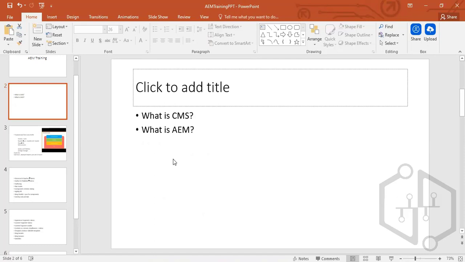There are a whole lot of websites which are highly rich in content. I hope you have seen the Amazon website. Amazon has a lot of content on its website.